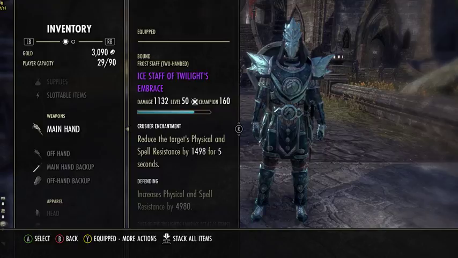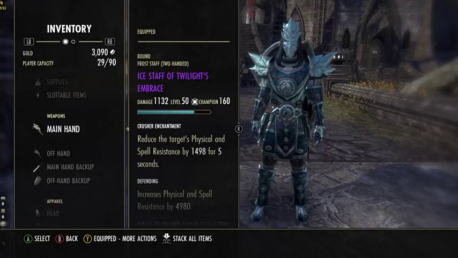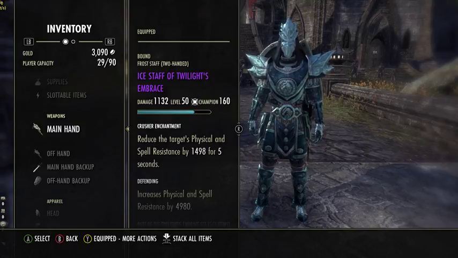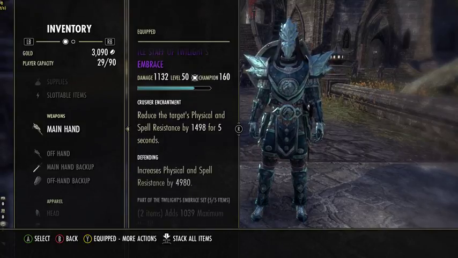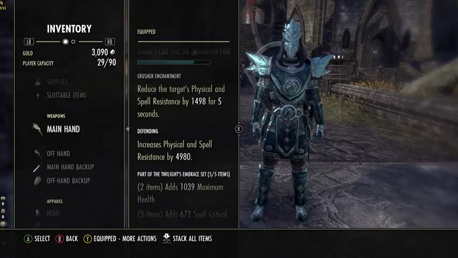But ideally in an ideal world, but you never know. But this is Crusher. I'm always going to use a Crusher on a weapon, on a tank. It's defending. The reason I'm going to be using defending is because I don't have a resistance set. So I want this traded in defending because it's going to give me an increase of physical and spell resistance